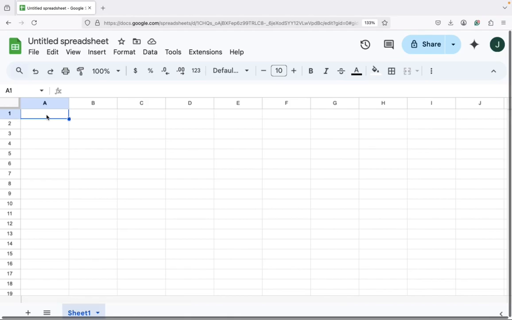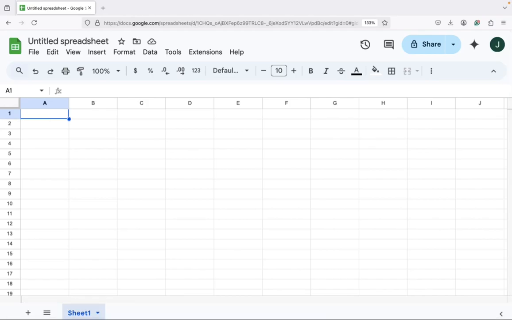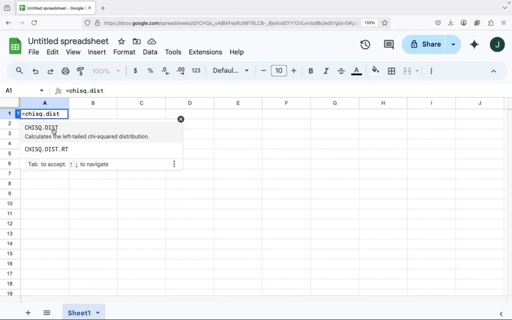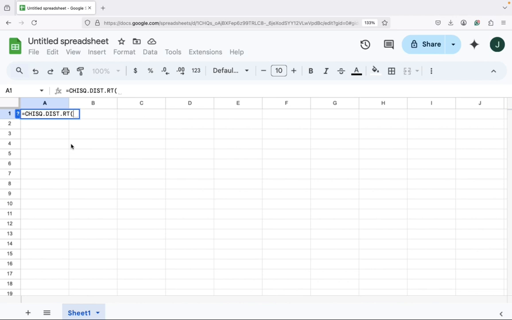Now let's do this on Google Sheets. Click on an empty cell, type in =CHISQ.DIST, and see, here I see the options. I want the option that has RT at the end because I want the area to the right of the test statistic. So I'm going to click on that option. Again, this is going to ask me to enter the test statistic, which is 3. It's also going to ask me to enter the degrees of freedom, which is 4. Close the parentheses, press enter. And there you have it. This is your p-value. So again, try it on your own, see if you're getting the same value. Go ahead and write this value on your notes. We're going to need it. This is going to help us make a decision.